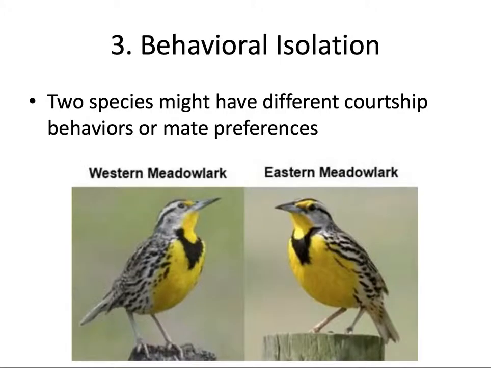Another form of reproductive isolation is behavioral isolation. Once again, two birds that look like they should be able to reproduce with each other, but they don't. It's the western meadowlark and the eastern meadowlark, and they have what is known as behavioral isolation. They have different courtship behaviors and mate preferences. So females of these species really are interested only in the mating calls of males of their own species. And since they have different mating calls, they don't interbreed with each other. So each female is only going to reproduce with the male that is singing the right song. And since they sing different songs, they don't mix with each other. They are isolated because of their behaviors.